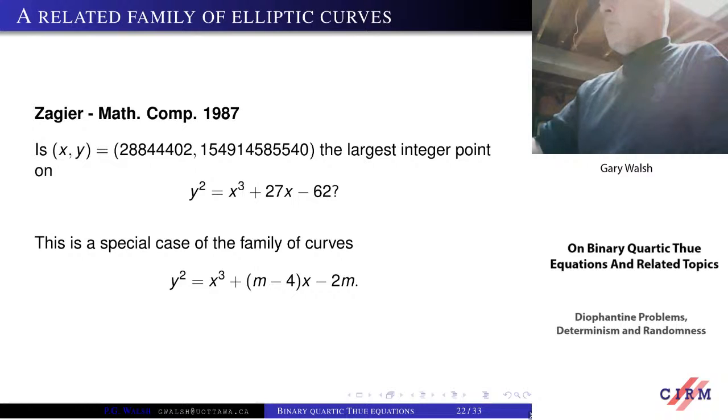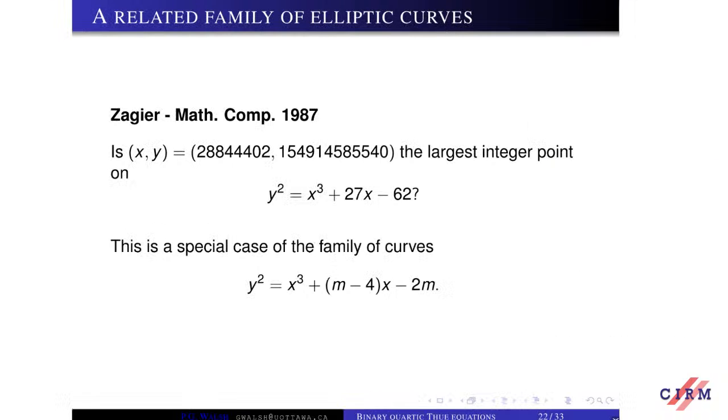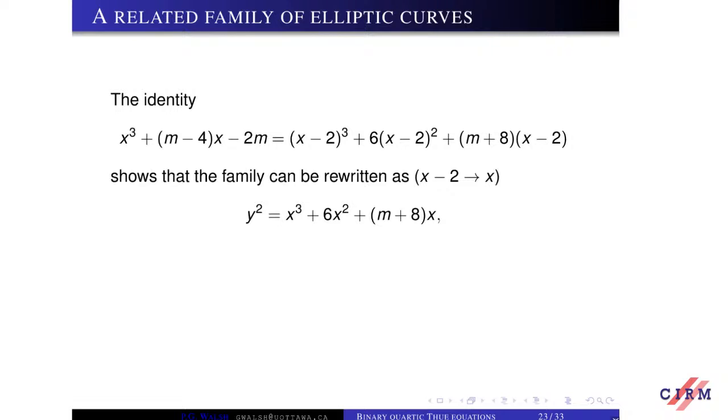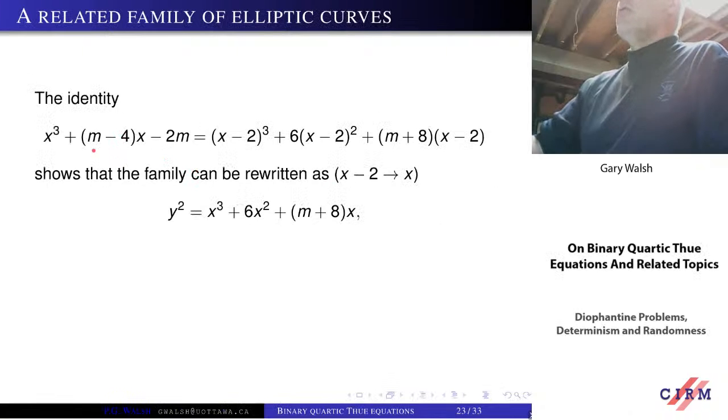And so first of all, one should notice that this is a very special case of this family of elliptic curves. And it's nice to look at things as polynomials sometimes, because polynomials factor visually in a very nice way oftentimes. So here we actually have a factor, x minus 2. So we factor this polynomial. In other words, this family of cubic polynomials defines elliptic curves with a 2-torsion point. That's really what this is all about.